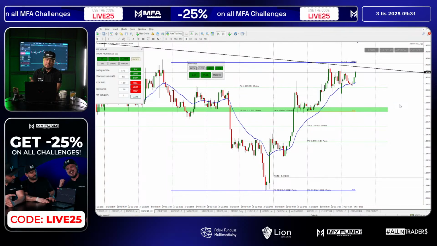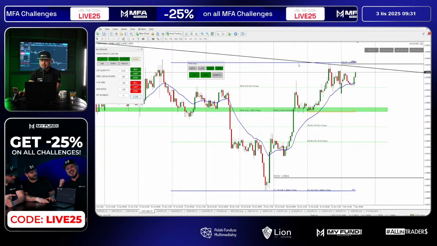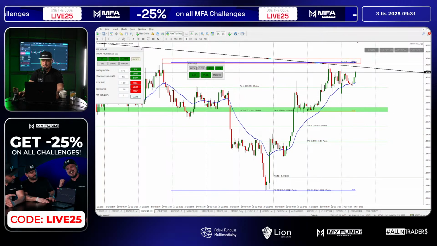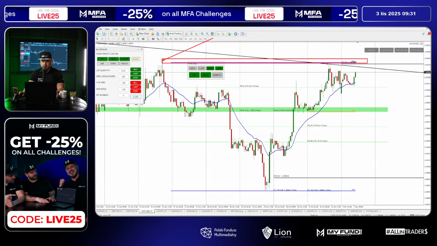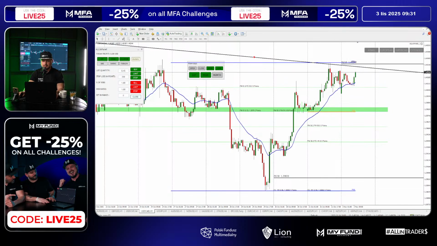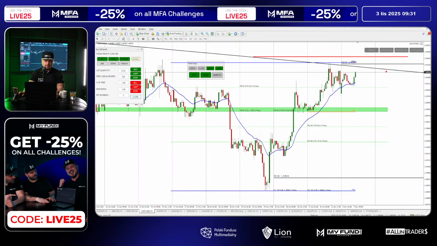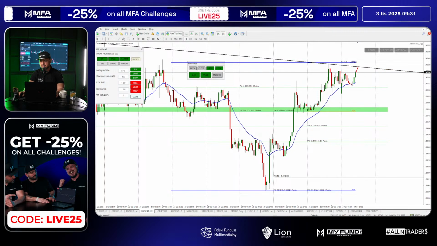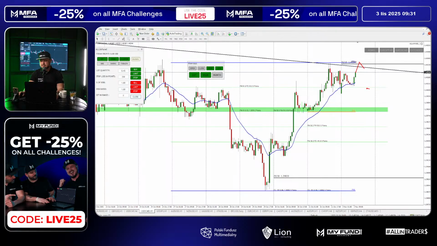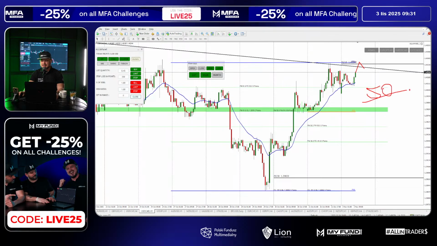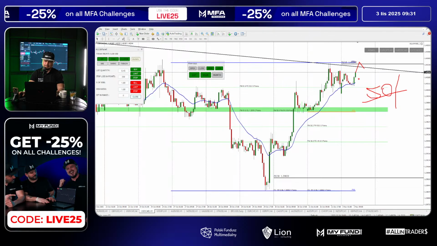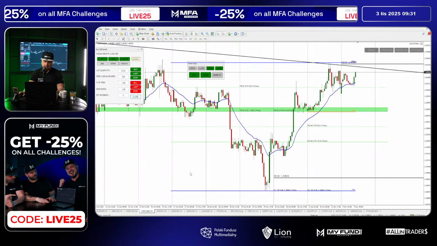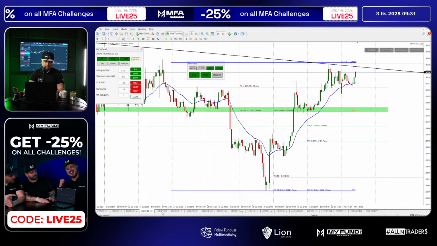Here, it's like 50-50. There should be reaction at this level because this is some kind of support resistance zone as well. You can see over here, we had some reactions. We got trend line or resistance line over here from higher time frame, so there is a chance we're gonna see reaction over here, but for me, it's 50-50. So I'm not sure. To be honest, I'm gonna leave it. Okay, we're gonna try to find something better.